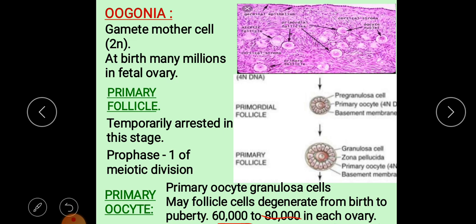Like this, in the embryonic stage of the ovary, this is how follicular development takes place. So here we'll see about the primary follicle, how the development of the primary follicle is taking place. In the primary follicle, let us first know what the primary follicle and the primary oocyte are. Here is the structure of the primary follicle.